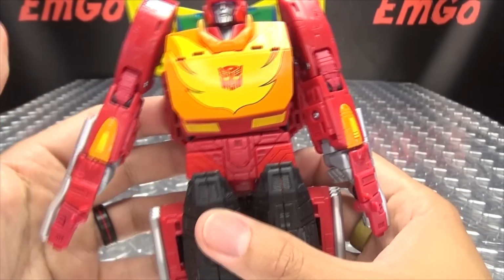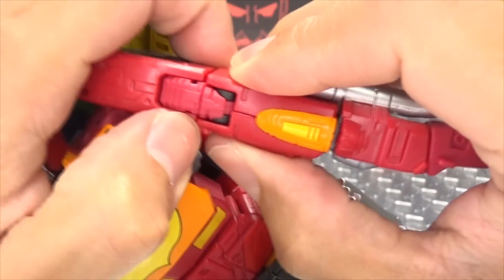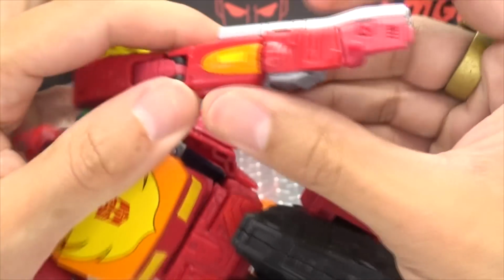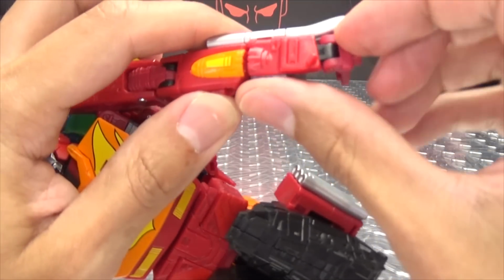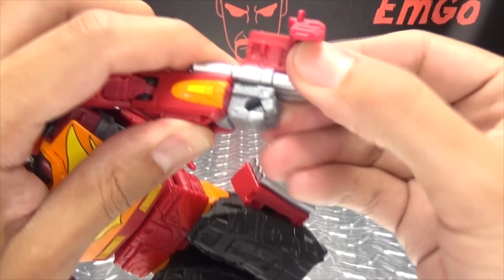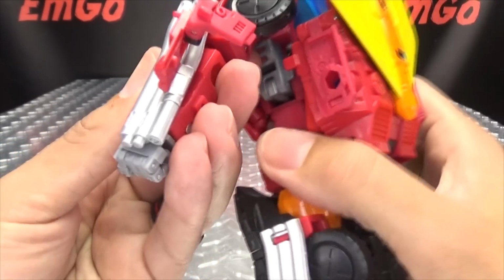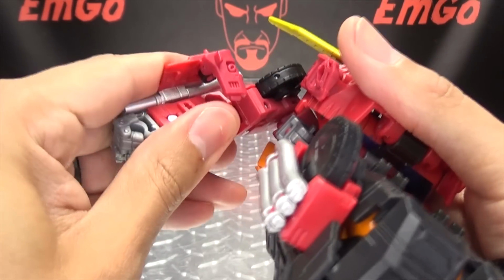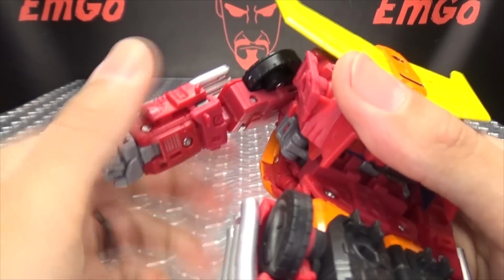So there we go. He's starting to look like something. So now as far as the arms go, you want to just extend the arm. Just extends a little bit there. This panel will just flip down like so, swing to the inside, and then all of this will swing out. Then you just rotate these around, and all this will swing around. You can see there's a tab slot right there. That will just snap into place,